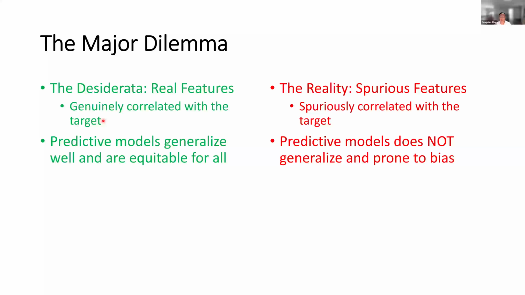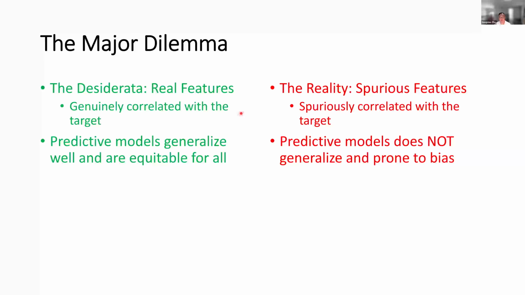I'm going to give some examples in the next slide of what real features and spurious features are. Once you have the real features, the model will generalize well and also be equitable for all. That's the key. As long as we can learn the real features, we can hope for a good, equitable outcome and